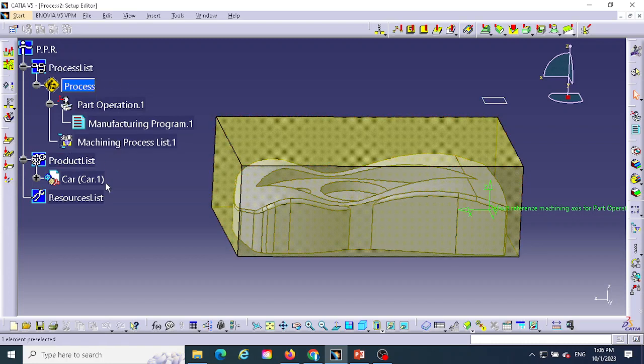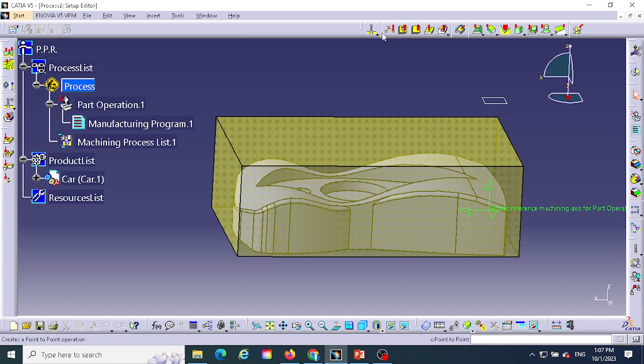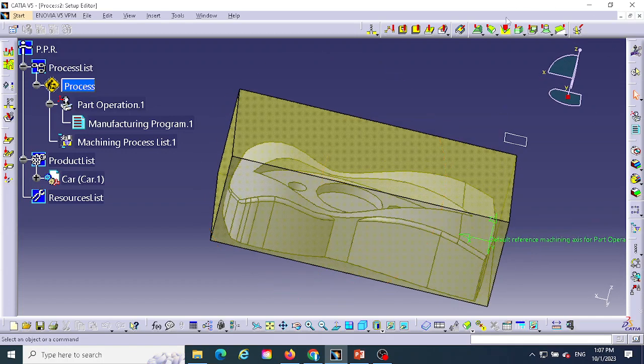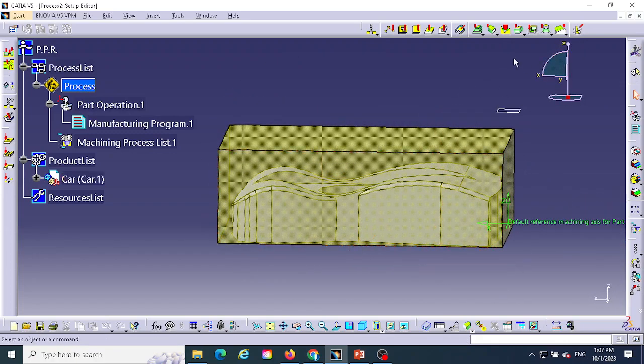The importance of this is we can redo or edit all our process, our plan. Okay, so you also have these operations. You see these machining operations here. Here we have different types of operations. What makes it different than the prismatic is that we have this roughing and sweeping operations. I think those are the two operations. Yeah, there are a lot of other advanced operations that we see in this